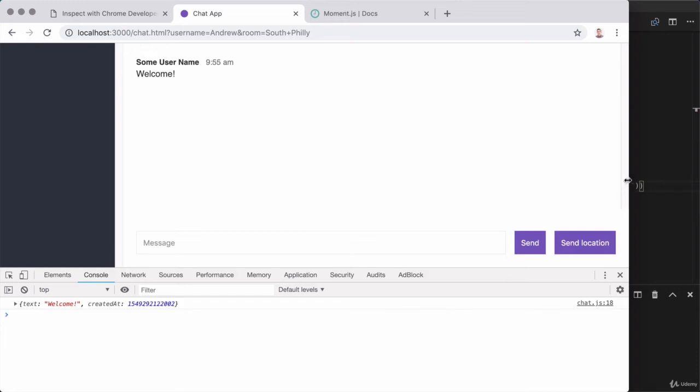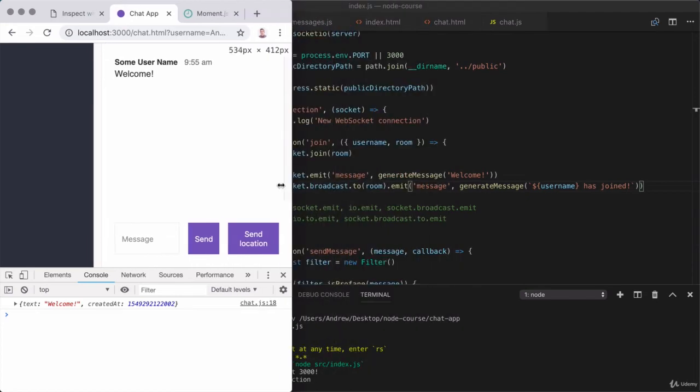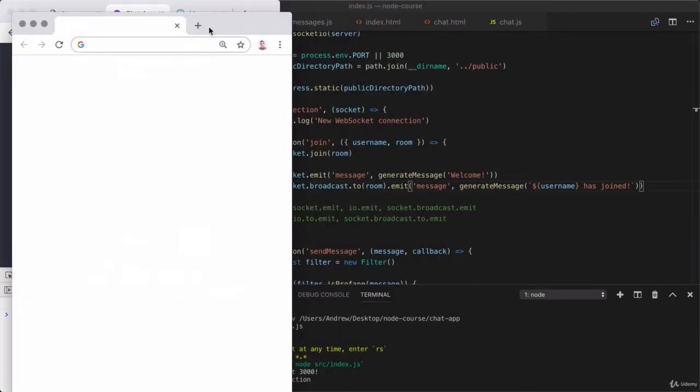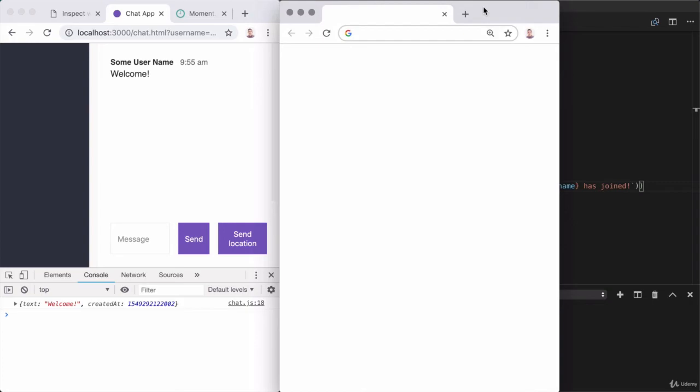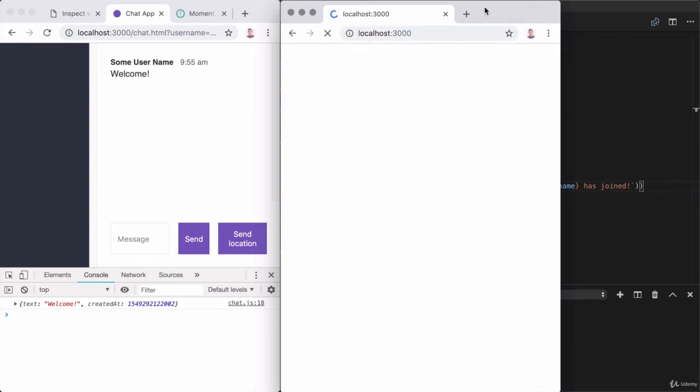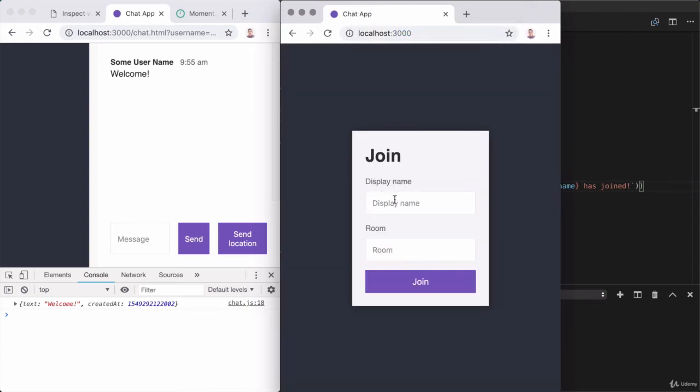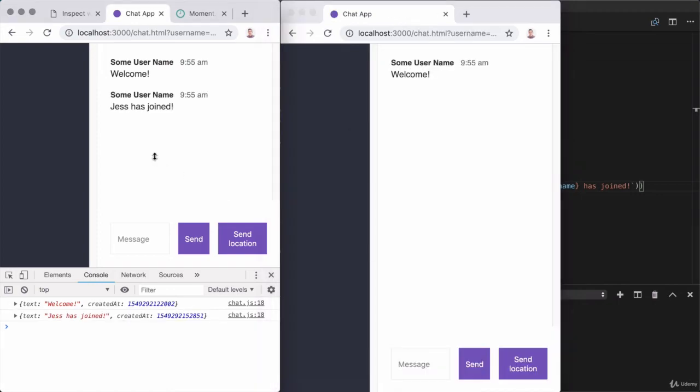Right here, let's go ahead and narrow that browser window so we can open up our application twice side by side. And over here, we're just going to crack open localhost 3000 another time. This time, we're going to have another user like Jess join that exact same room. So right here, I'm going to have her join South Philly, typed out exactly like I had done for Andrew earlier. And when she joins, Andrew gets that message saying Jess has joined because she's joined the room that he is